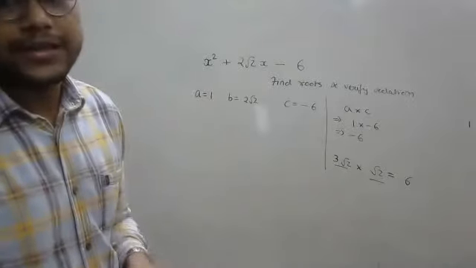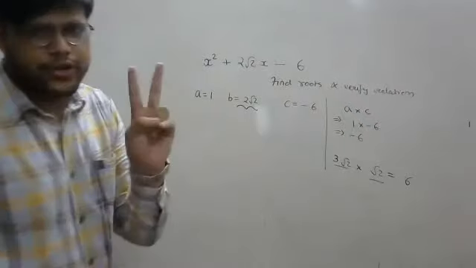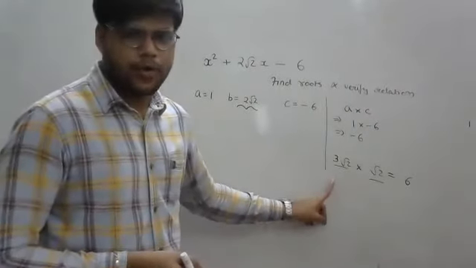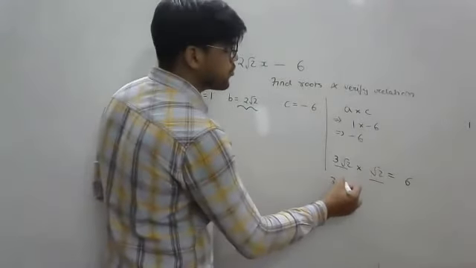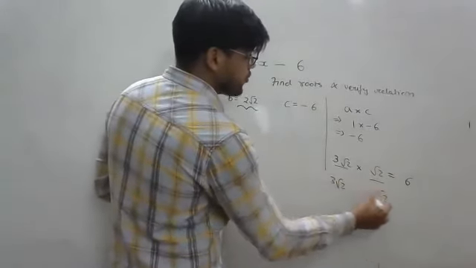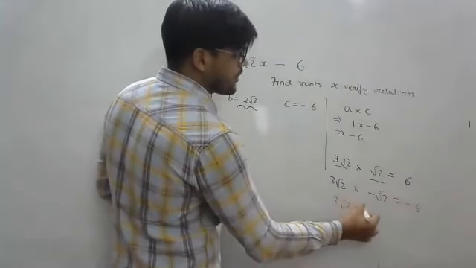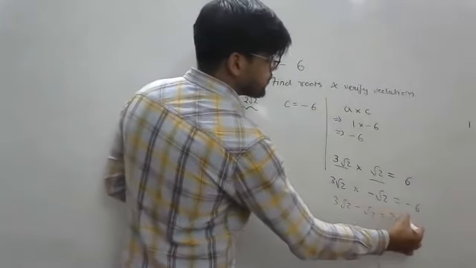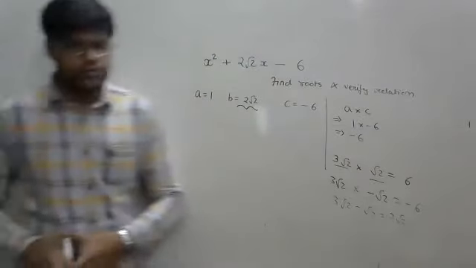But you need minus 3 root 2. Correct. So we have only 2 root 2s. As we have only 2 root 2s, I can take positive 3 root 2 and negative root 2. So on multiplication, I'll be getting minus 6, and on their difference, I'll be getting 2 root 2. Okay. So minus 6 and 2 root 2.